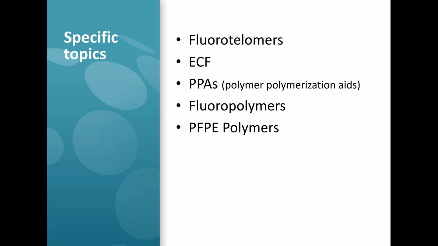Yes, sir. As Bob has already shown you, the PFAS space is really very diverse, and you've heard Bob talk about fluorotelomers, electrochemical fluorination, polymer polymerization aids, fluoropolymers, and perfluoropolyether polymers. And I'm going to elaborate on these in a way that Bob did. I'm going to tell you about what they are and where they go and where they fit and where you find them. The other thing I want to make sure that you understand is that there are other chemistries that are not shown here, like what we call the oxytanes or fluoroelastomers. Not that they don't exist, it's just that we're not covering them here today, like we talked about at the beginning of our discussion today. So let's start with fluorotelomers.